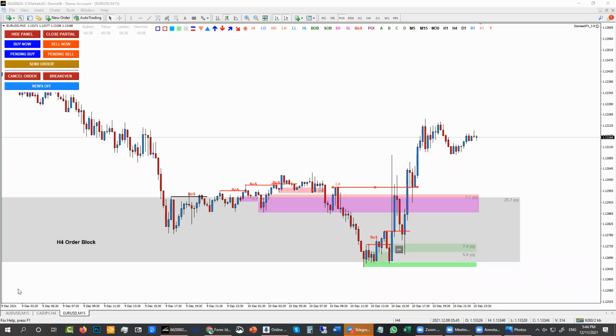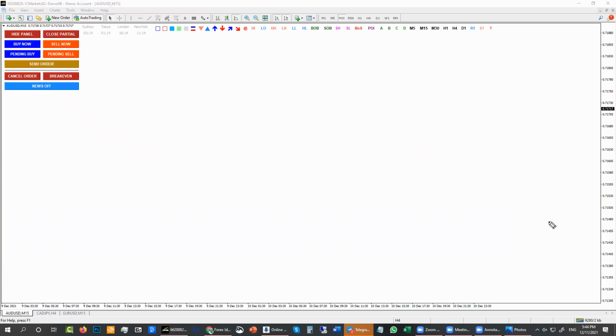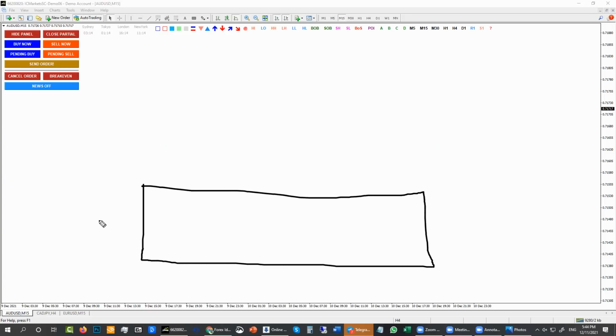Let's go to here again. All right. So, for example, you have an order block here, right? And this is a giant order block from H4, and here is the 50% of it, right? So below 50% is considered the best price. But above it is still good, though not so premium, I guess.